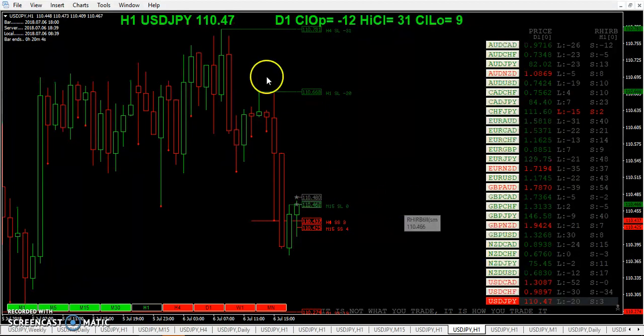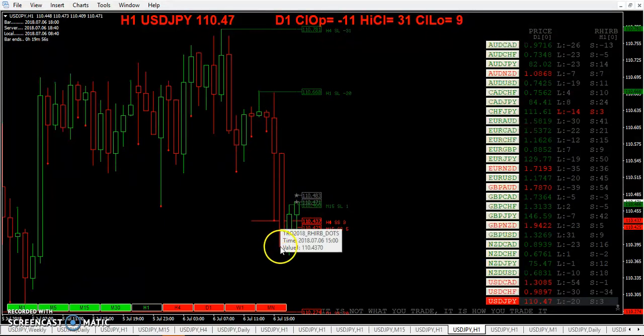Inventory reduction right there. It didn't quite hit that line, so you shouldn't have been in that trade. There was a short opportunity here just for a handful of pips. But I believe, I haven't read the write-up on this, but I believe